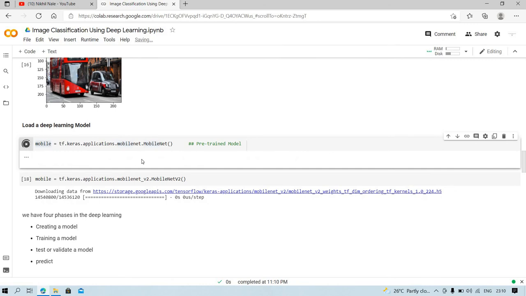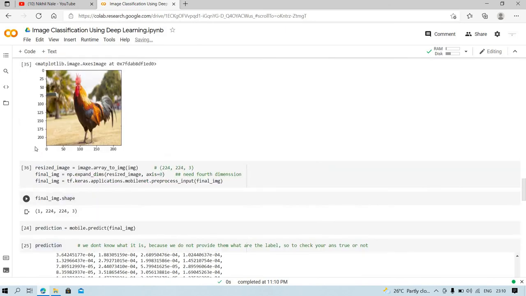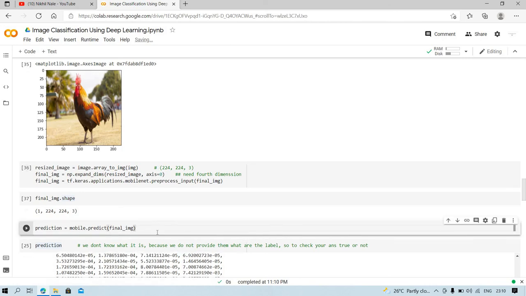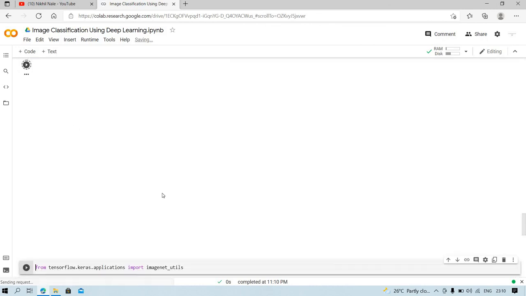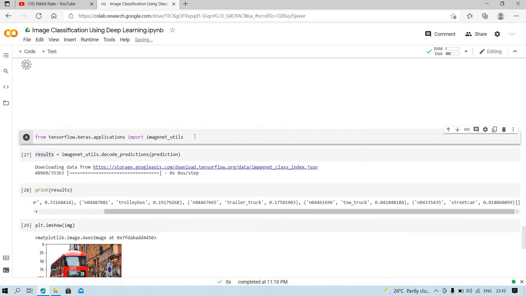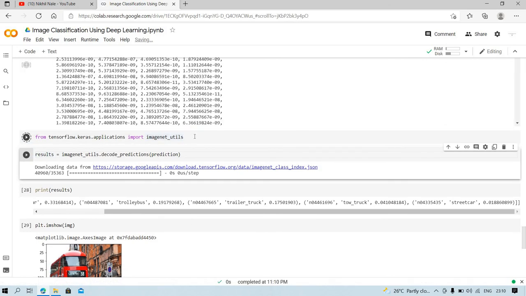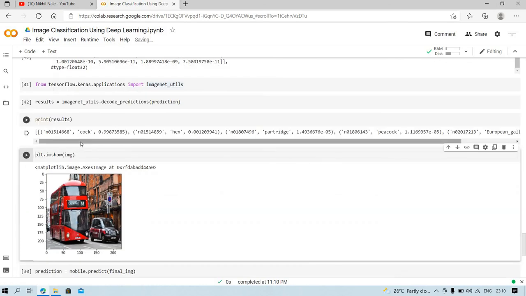I will load this model. First I will import it, and then you will see the result.